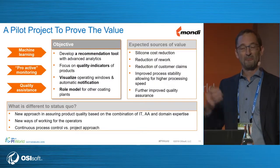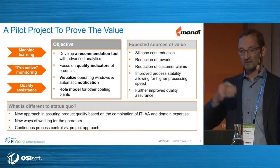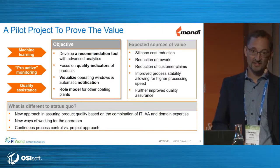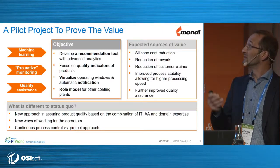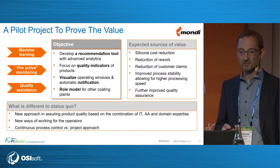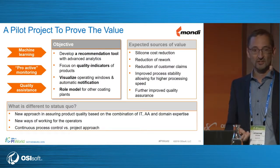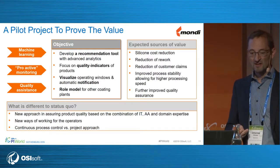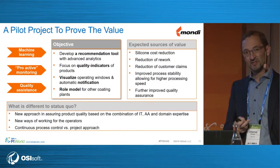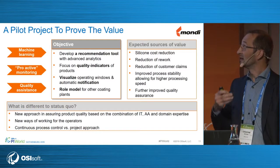Right, so Jürgen already mentioned that with our traditional approach, we had improvements, and we wanted to find out if there is value behind first the data that we have, and if we could generate value through applying advanced analytics. So the first idea was, we could use machine learning, you could use proactive monitoring, looking at quality systems, and then we came up with the idea to develop a product that recommends to the operator how to set up the machine